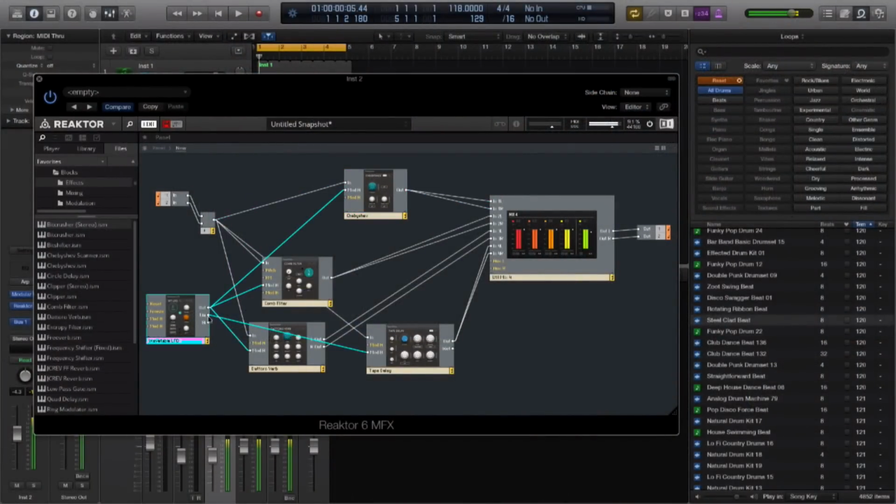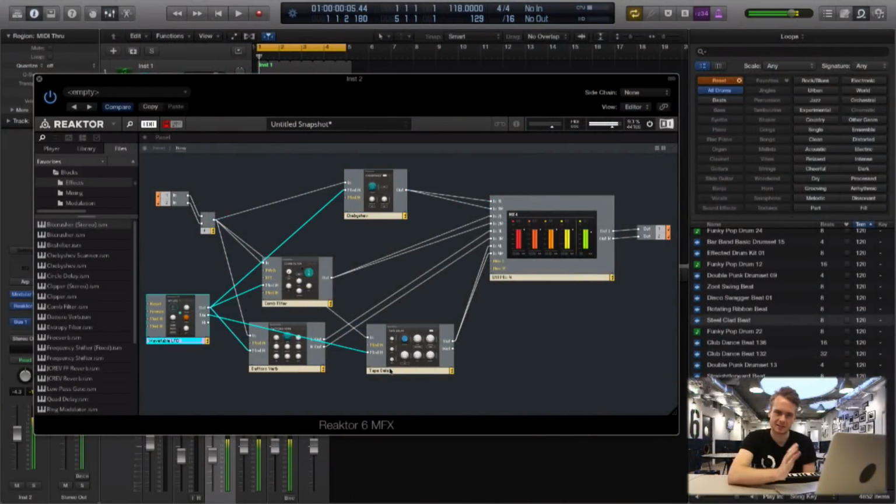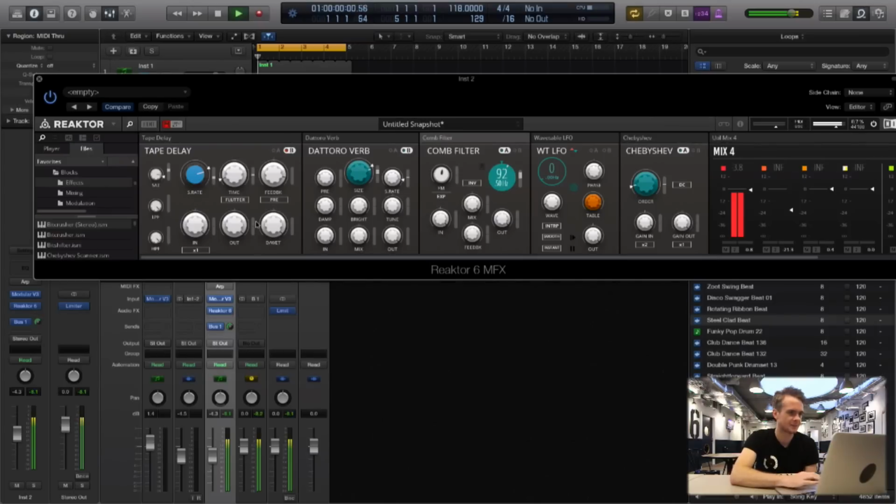Then I've sent the unilateral version to the tape delay because I don't want it to slow down. I only want it to speed up and go back to 0. And what else have I done? I've sent it to the reverb as well and to the comb filter. So if we go back, you can slowly start to see things start moving as you increase the